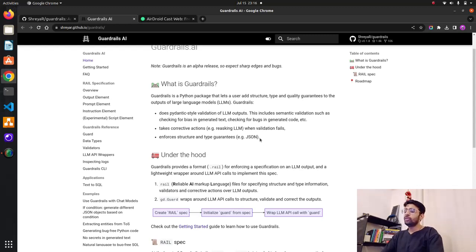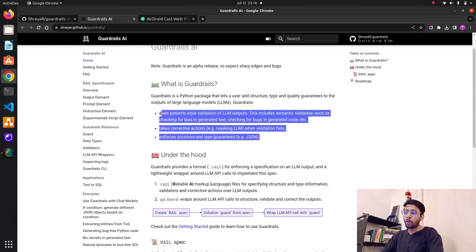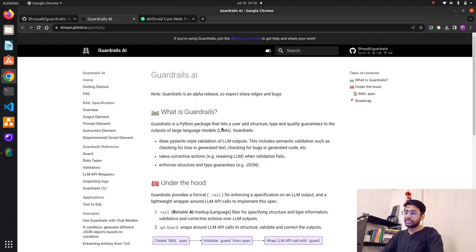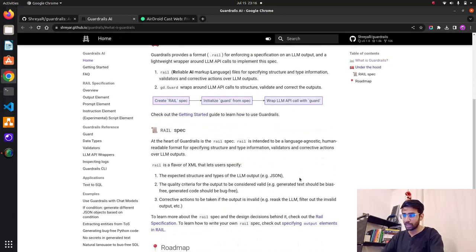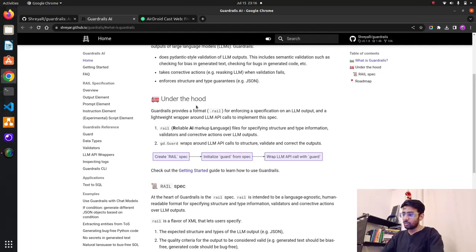So there are a few pointers which are important to consider when we are working with Guardrails AI, and it says that it lets a user add structure, type and quality guarantees to the output of LLMs, which is extremely important. This is what RAIL is, guys. Under the hood, as I said, it is the reliable AI markup language for specifying structure.